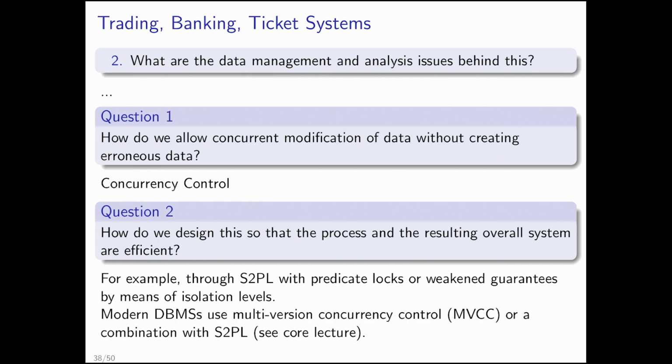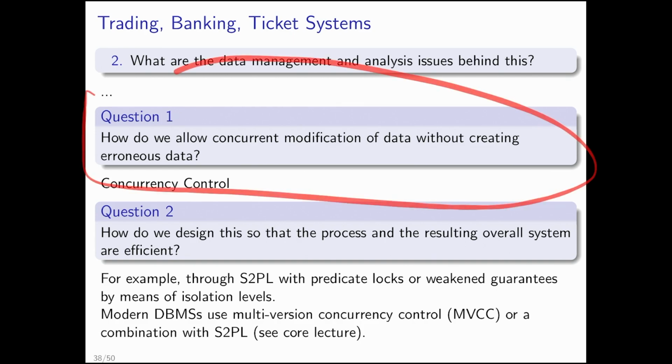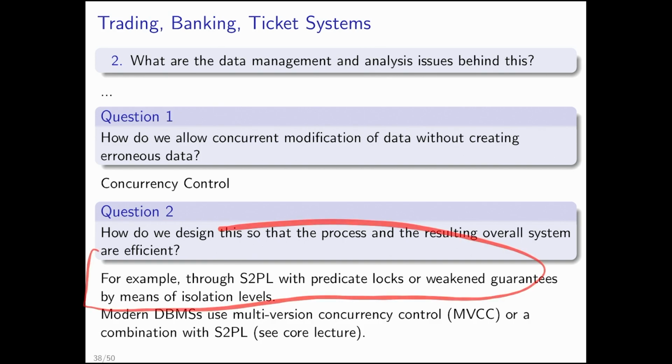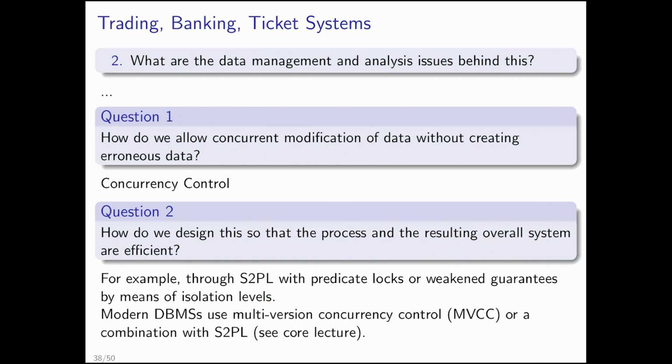So question one was, how do we allow for concurrent modification of data without creating erroneous data? Concurrency control is the answer. How do we design that so that the process and the result of our system are efficient? For instance, through strict 2PL with predicate locks as explained here, or then the weakened isolation levels. Modern database systems use MVCC, as already